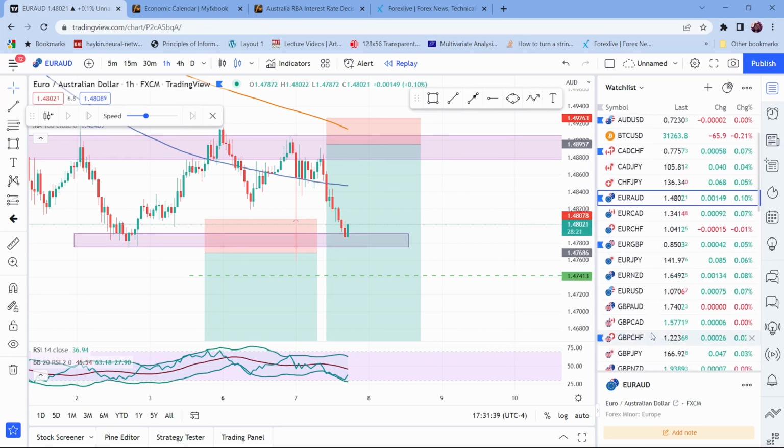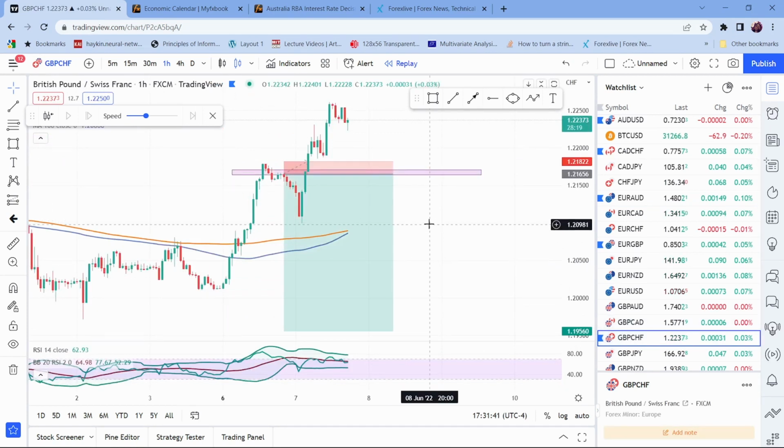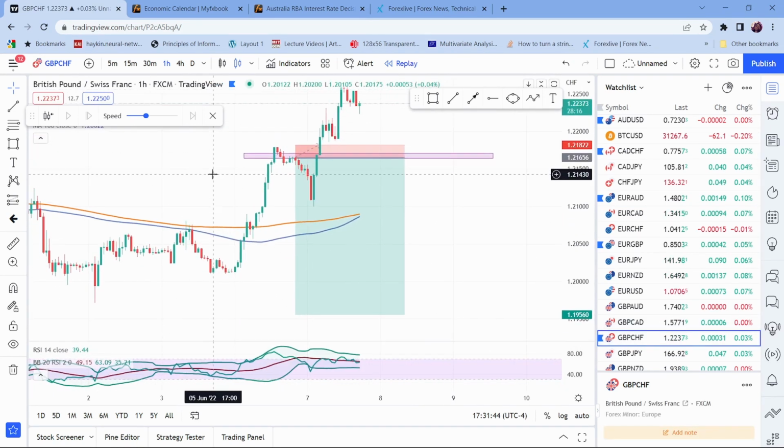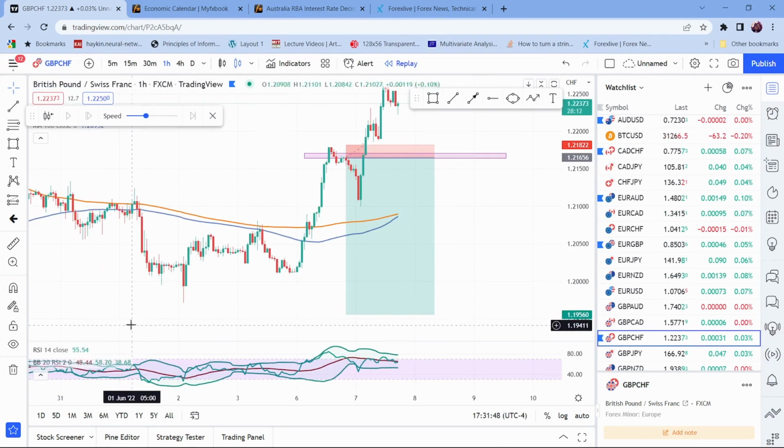All right, we did also have a GBP CHF trade. Overall, the GBP has been a little bullish this week of June, just because we do have elections, we do have talks with Boris Johnson. If you don't know, we have elections going on in the UK, and if Boris Johnson does get elected again, that is viewed as very bullish for the currency. Vice versa, if there were talks about replacing him, then we would have seen the GBP, the pound, probably tank, right?